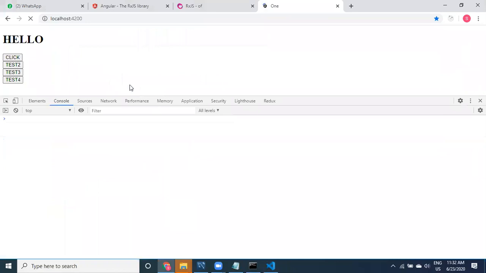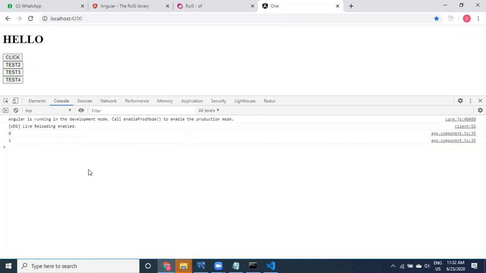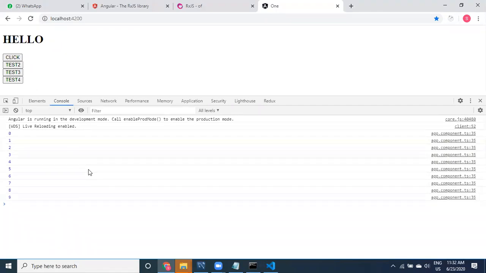Now if I click on test 4, see here guys, after every 2 seconds it is going to emit a value, 1 2 3 4, all these values it is going to generate. I'm not generating 1 2 3 4 and all, this number is being given to us, that's it.